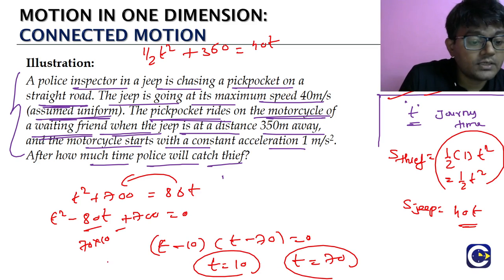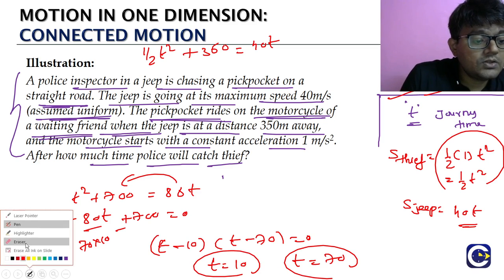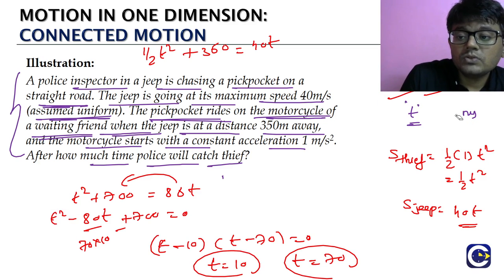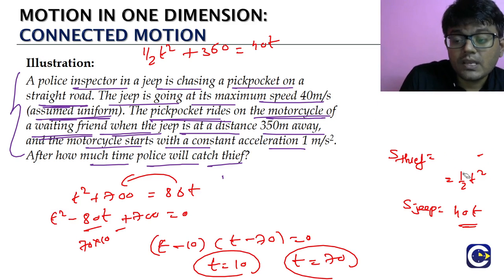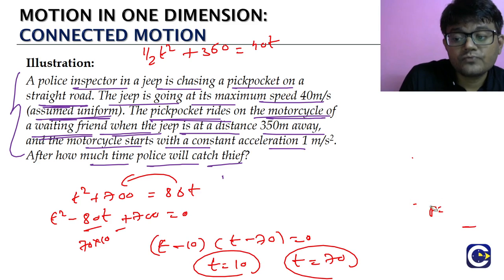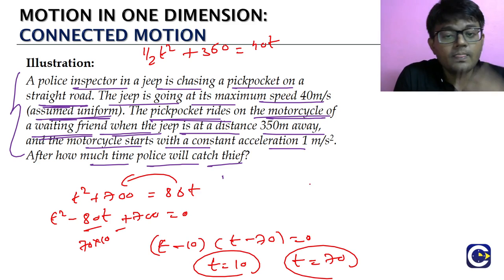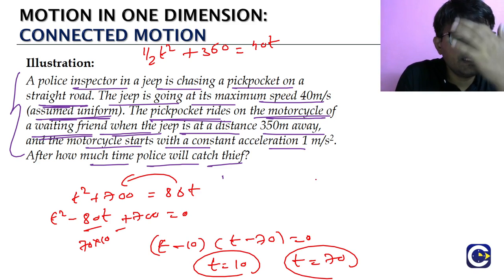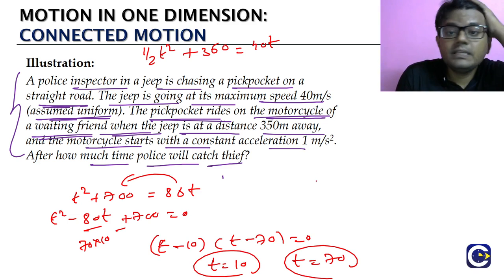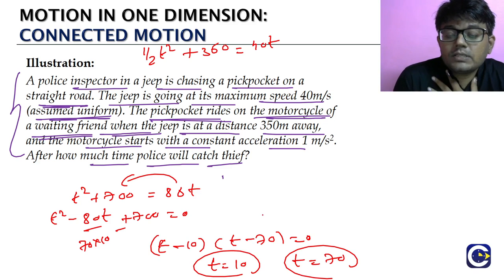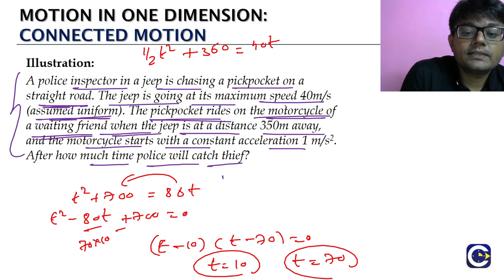So both are what? The mathematical solutions. Why are we getting 2 roots for the time? Because here it is not even like one of them is negative. Generally what happens? We'll get one of the values to be negative. So we'll say negative values of time is not possible. That is the reason why we'll go with just the positive value for the time. But in this case what is happening? Both the values of time are positive.